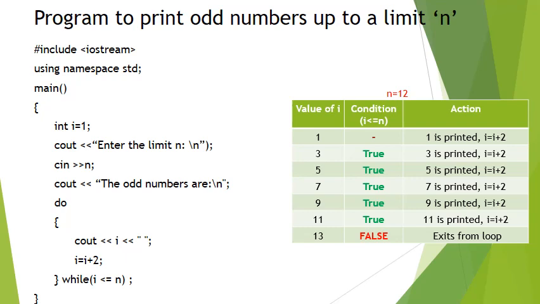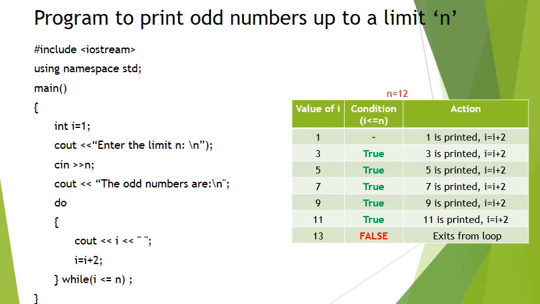Again it will check 7 less than or equal to 12. Yes, the condition is true. 7 is printed and it will update 7 to 9. Now it will check 9 less than or equal to 12. Yes, the condition is true. It will print the value of I, that is 9, and it will update I to 11. Again it will check 11 less than or equal to 12. Yes, the condition is true. It will print 11 and update the value of I to